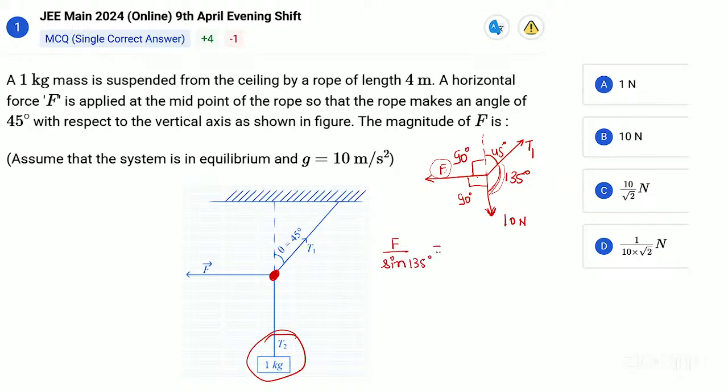135। क्लियर है, इसमें तो कोई डाउट नहीं है ना। F upon sin 135 is equals to 10 upon, because this is the known force, 10 upon the angle between the other two forces, which is F and T। तो angle is something but sin 135। ठीक है, this and this will cancel out, F is equals to 10। देखो कितना इजी हो गया यहाँ से क्वेश्चन सोल्व कर। द ऑप्शन B इज द करेक्ट वन, और ये JEE Main का क्वेश्चन है ना।